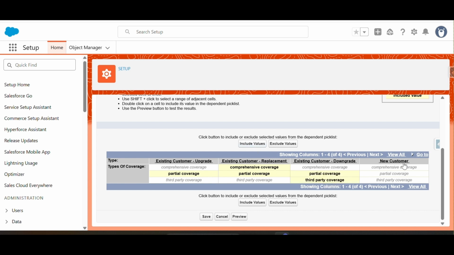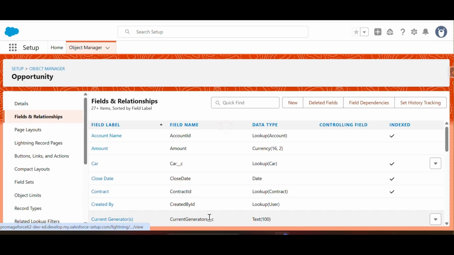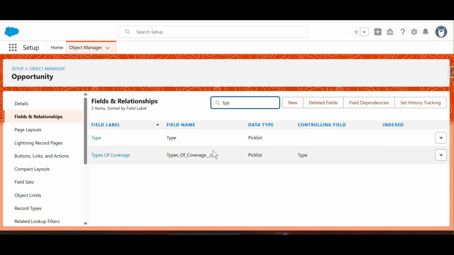For instance, when you select the upgrade customer, the only value showing in the Type of Coverage field is partial coverage. Likewise for the other options: the first has just one value, the second has two, the third has two values, and the last has three values. We are going to save this